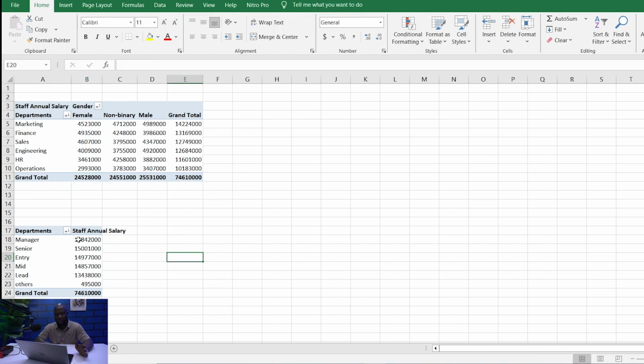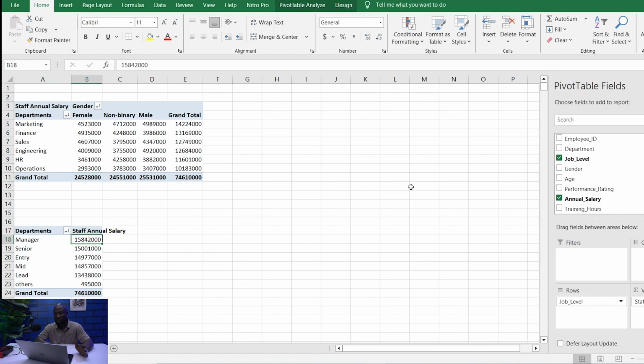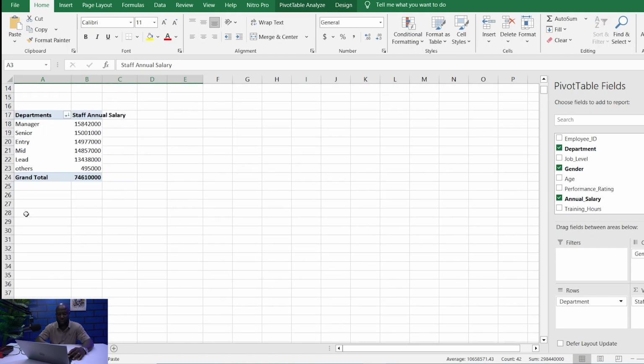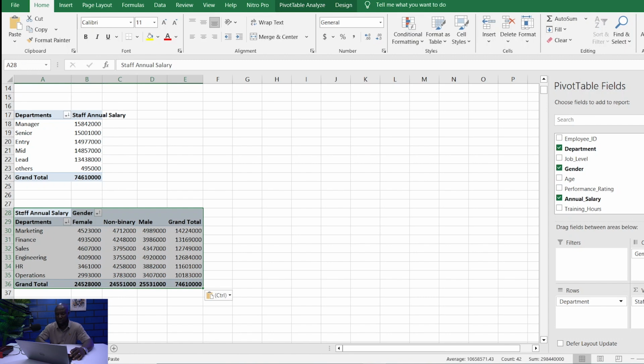Good. So let's go over to our pivot table fields. Then the next thing we may want to do is to find out how the company is performing, maybe based on department or based on gender or based on the job level. So let me go ahead and duplicate or have a copy of this pivot table. So I'm going to select the pivot table, then copy it, and I'm going to paste it here. So now I'm going to deselect this,